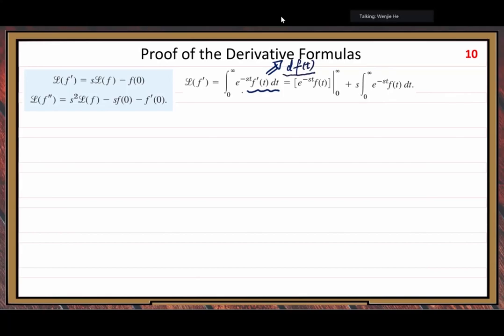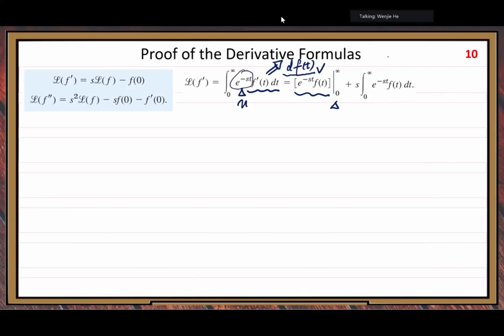Then you treat this as u times dv. Although you can still use u and v, you use them in your mind. So u times v, then the integral limits, then minus, because